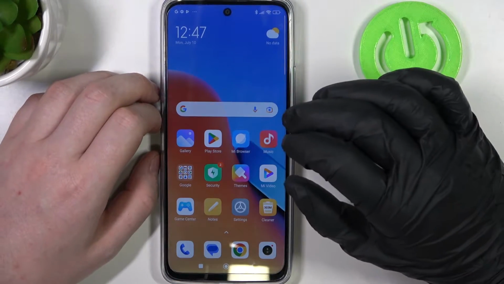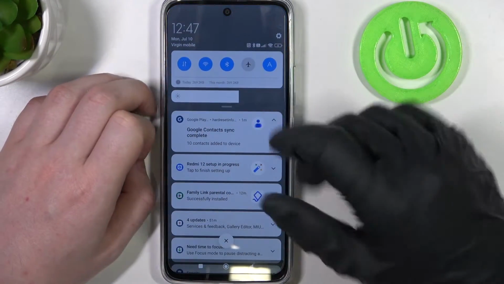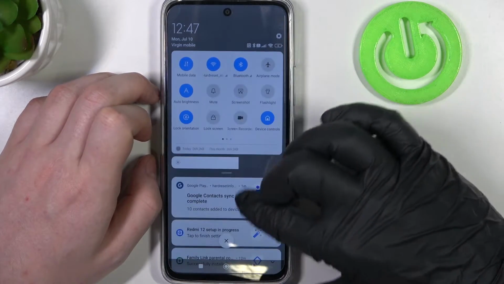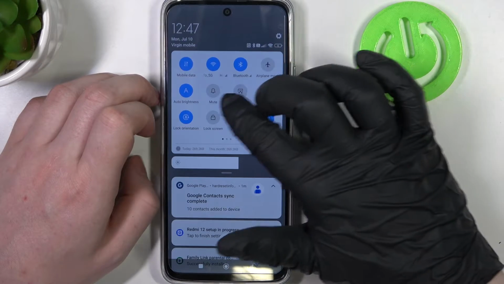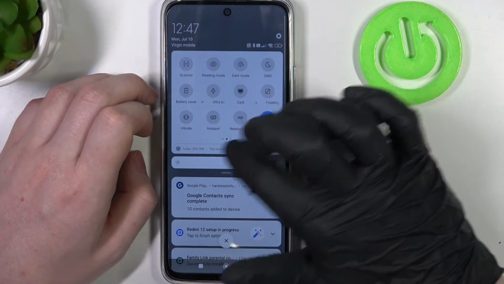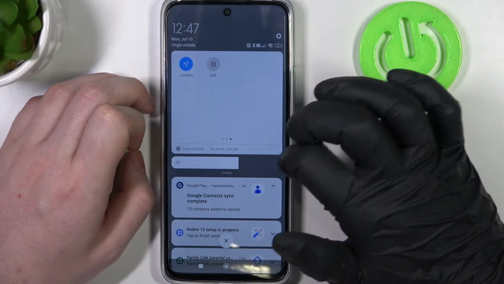And to do this, I would recommend scrolling down your notification bar just like this, and then scrolling down again to see the full list of icons in your toolbar. Inside you should be able to find Nearby Share by default, but if not, then move to the last page